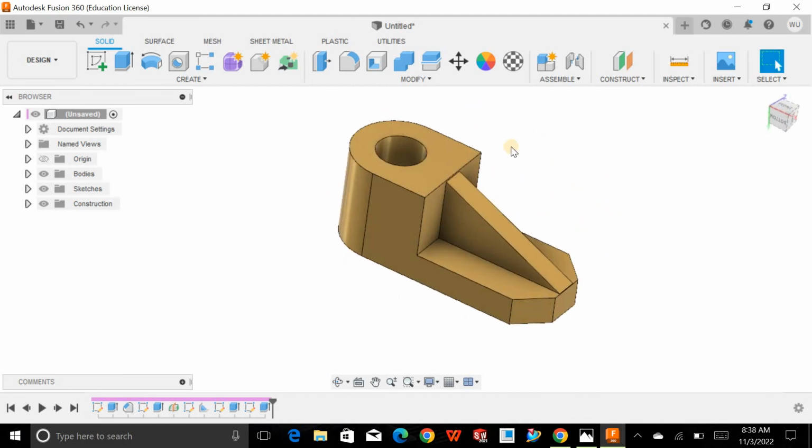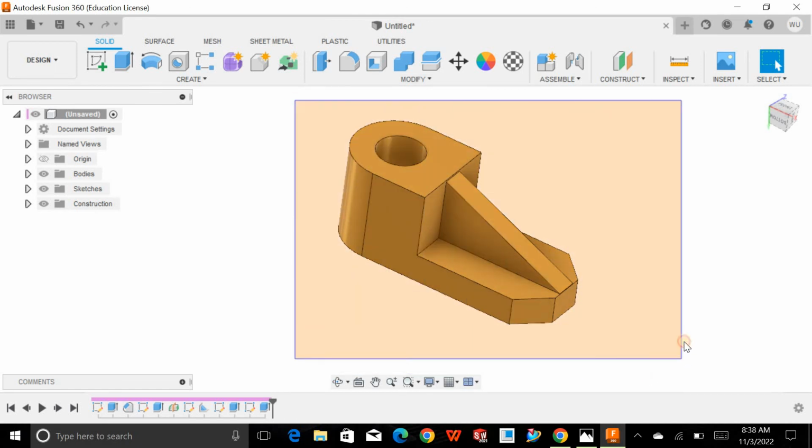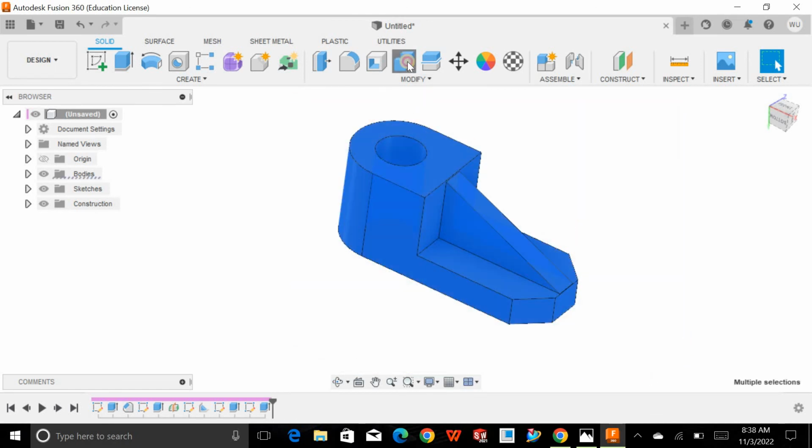right? If you want to combine it, select the whole part, combine it,